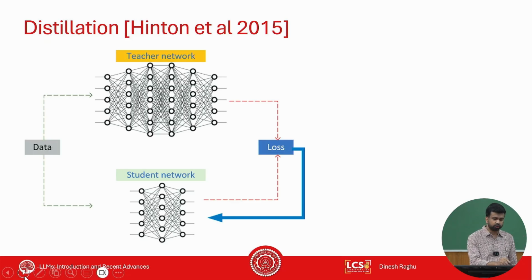One of the biggest issues with distillation is that you need this data, right? So think about post-training quantization, right? Like if you have a Llama 70 billion model and you want to quantize it, you don't need the data with which Llama was trained. You don't have to find a proxy for the data with which Llama was trained, right? You can just do your quantization. But here you need the data,